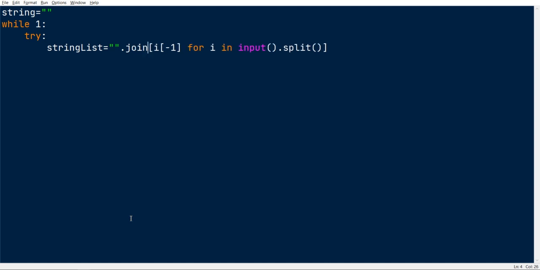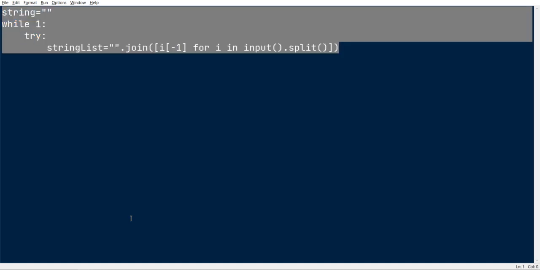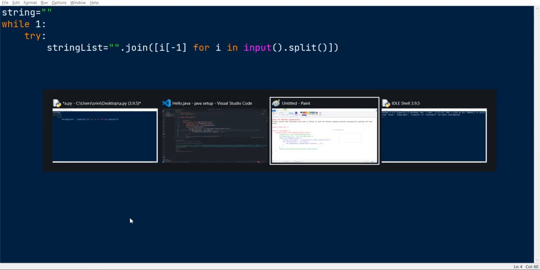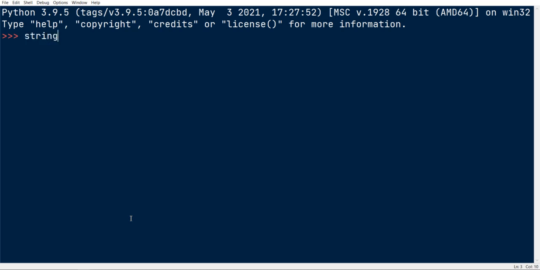So dot join of this. Let me do the whole thing as an iterator first. String equal to empty string, while 1, or first let me do the string list operation. So string list equal to I of -1 for I in input dot split.